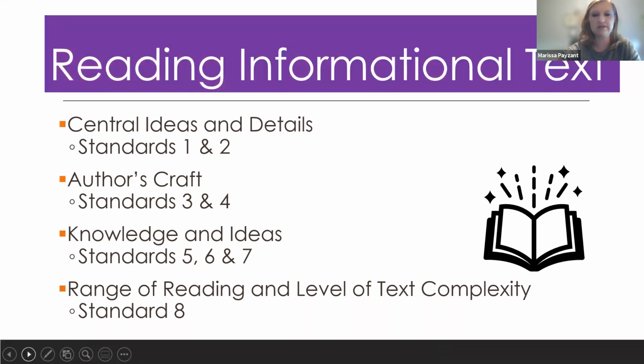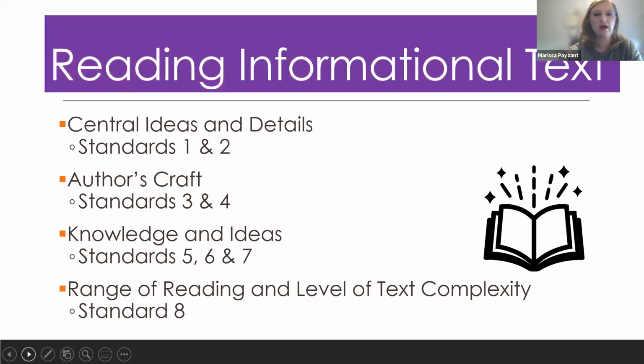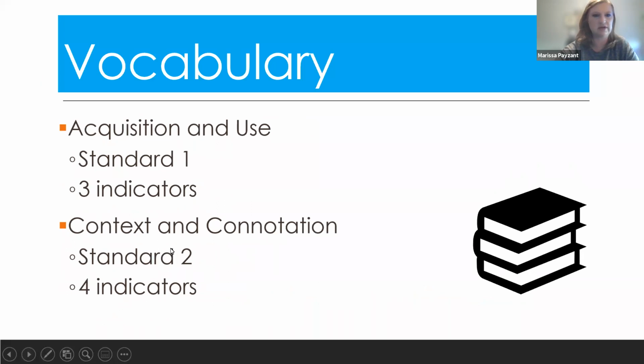Okay, again, same organization, but these standards are going to read a little bit differently because they're related to informational text. One quick example: with prose and poetry or literary forms, students would read and pull out themes, whereas with informational text types we're going to ask them to come up with central ideas and supporting details. So that's one of those nuances that we were able to distinguish by separating those strands.